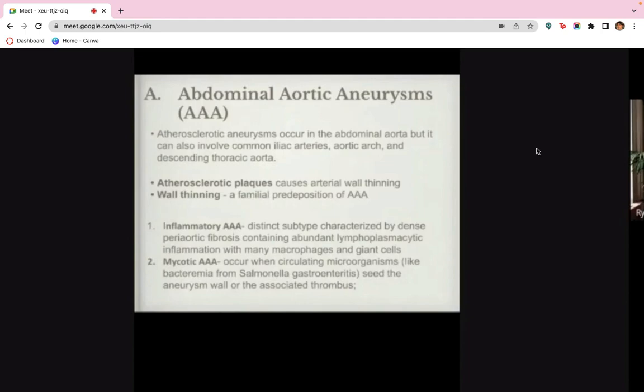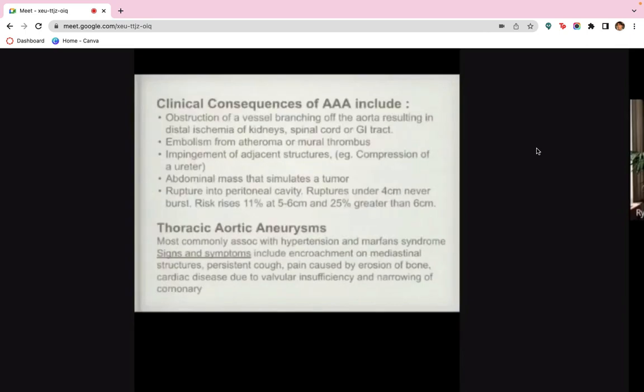So your mycotic abdominal aortic aneurysm usually results in suppuration, accelerates the medial destruction, and may lead to rapid dilation and rupture of your blood vessel. And then we have the clinical consequences of your AAA. We have obstruction of vessel branching. We have embolism or thrombus that joins your blood circulation and blocks other parts of your circulation. And then we have impingement of adjacent structures, abdominal mass that simulates a tumor, and of course, rupture